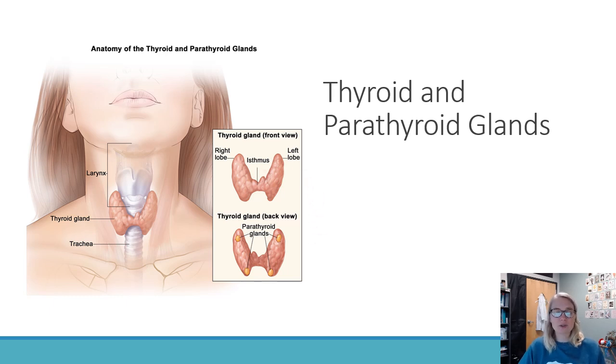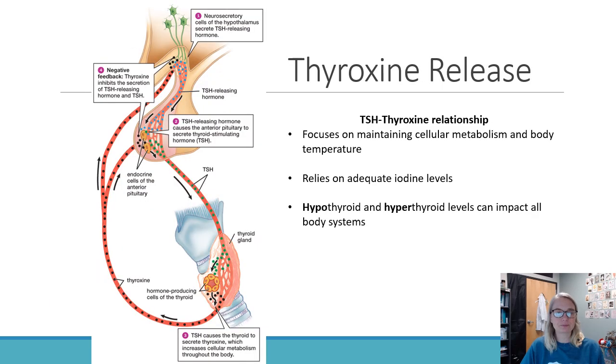Your thyroid gland secretes 2 groups of hormones. One's called thyroxines, and the other one is calcitonin. So thyroxine helps to regulate your body temperature and metabolism. Calcitonin, you guessed it, helps to regulate calcium. And then parathyroid glands release what's called PTH, parathyroid hormone, and that also helps to regulate calcium. We're going to see both of those processes coming up next.